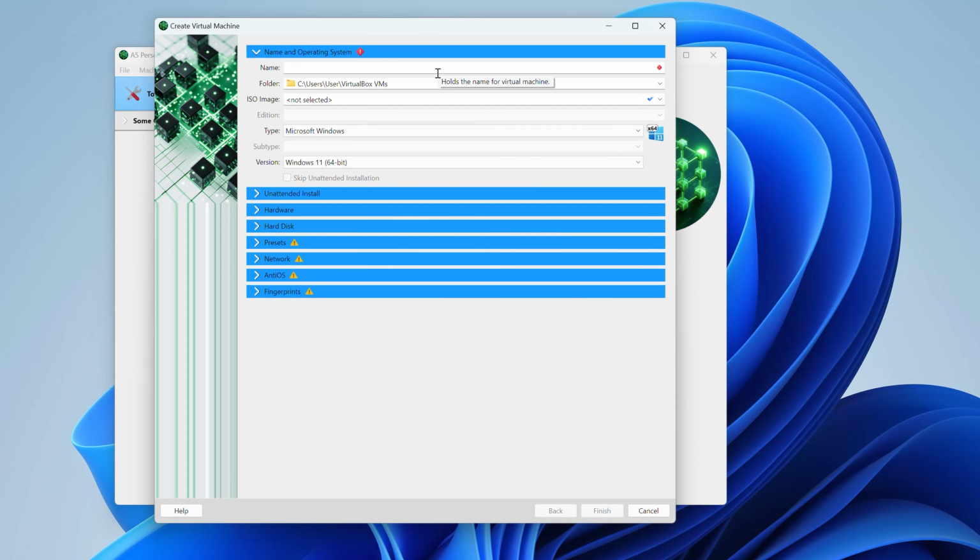So, what do we need to introduce? The name of the virtual machine. I recommend using the Latin alphabet, and not using special characters. This will make it easier for you, and it will eliminate many errors that can occur when using specific characters in the name of the virtual machine.